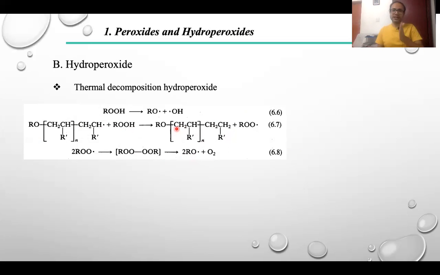So this leads to shortening of the chain length. Okay, our job is to get polymer chains of higher length. But this induced decomposition leads to a faster chain termination, and therefore is a kind of wastage